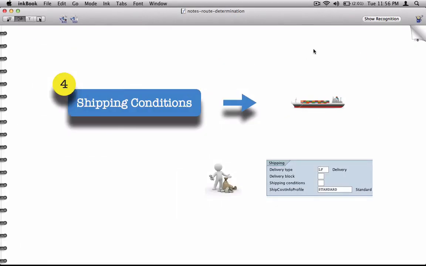Okay, the fourth parameter is the shipping condition. A shipping condition is very, very simple to identify. It will come from the customer master, or it will come from the document type. This is VOV8, your sales document type configuration. When you create an order of type, let's say ZOR5, using customer 1000,